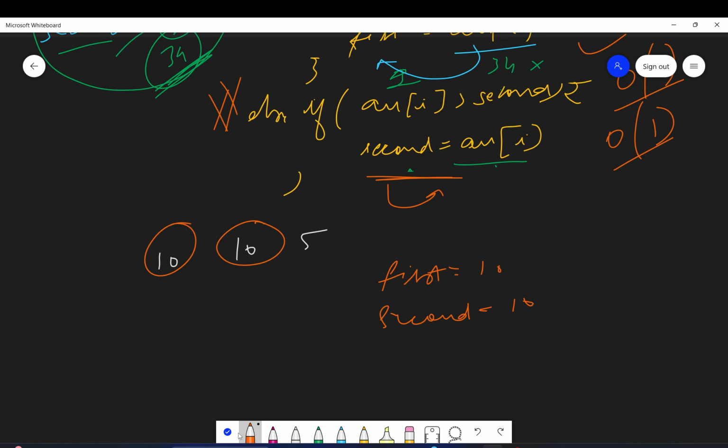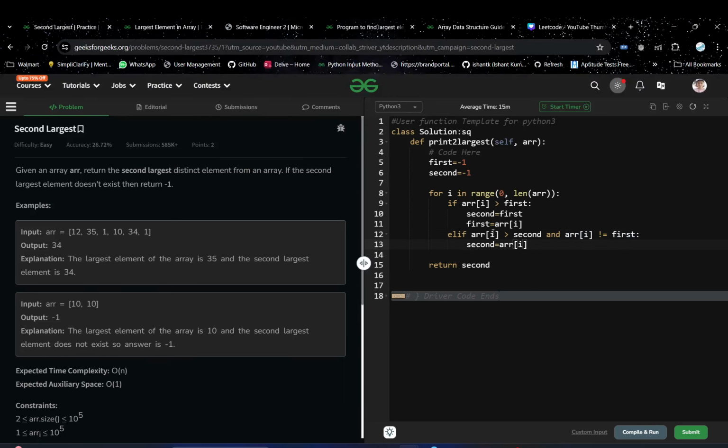So you will have a condition that if you are updating your second, this ARR of I cannot be same as the first element which you currently have. So the ARR of I should not be equal to first. If it's not equal to first, then you can assign ARR of I to second, and at last you can return second.